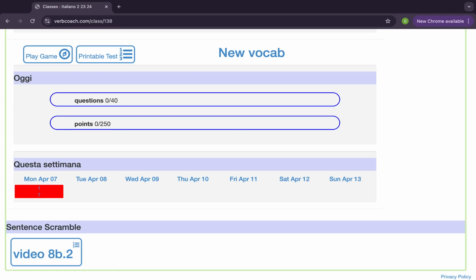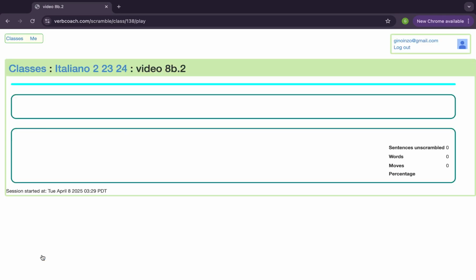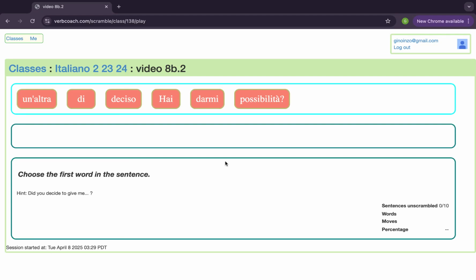All that the student needs to do now is to click here, and the student is presented with the sentences that the teacher wrote. The words are in random order. Down here, there is a hint, which again is written by the teacher. It depends on the teacher if the teacher wants to give the hint or not, how long, how clear the hint should be. So again, this is a feature that adapts completely to the philosophy, to the preferences that the